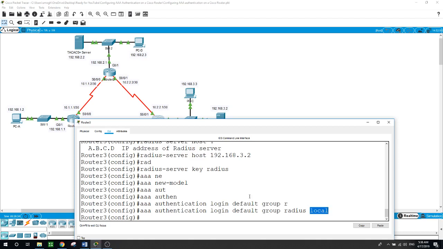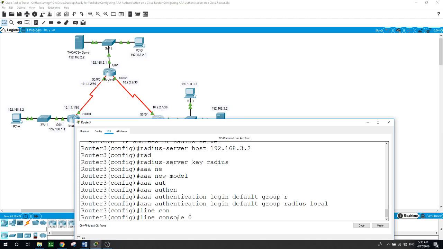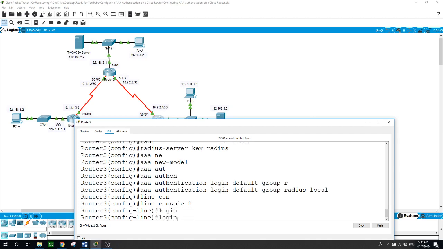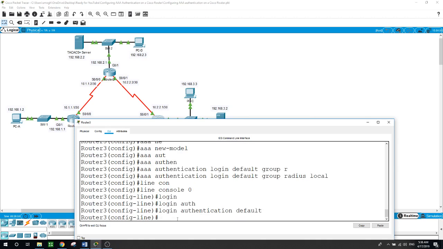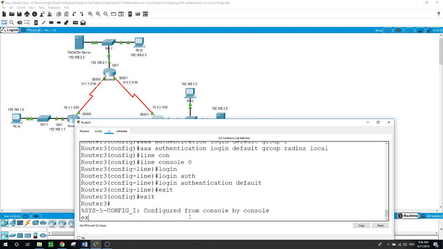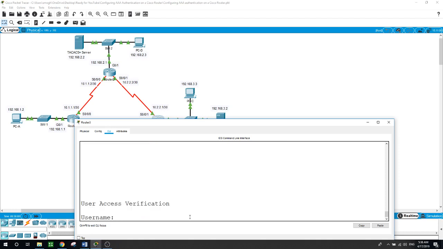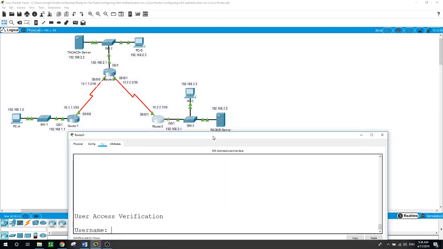Now I will configure AAA authentication for console login to use the default AAA authentication method. Staying on the router, type in line console 0, login authentication default. Now I'll verify that the configuration we did on this router is working properly. So I will exit, and another exit. So now we configured the AAA